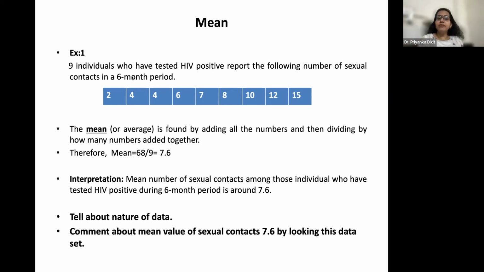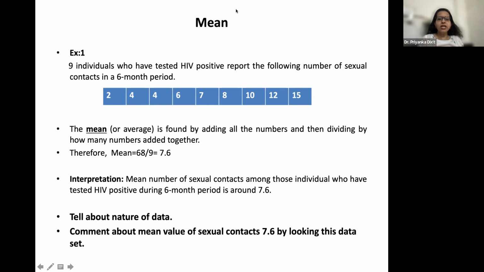divided by how many observations we have? Divided by n. We have 9 observations. So 2 plus 4 plus 4 up to 15, divided by 9. How much will we get? We will get 7.6. If you could see, I have written the answer. It is 7.6. Where does 7.6 lie? It lies between 7 to 8, right? It lies between 7 to 8.